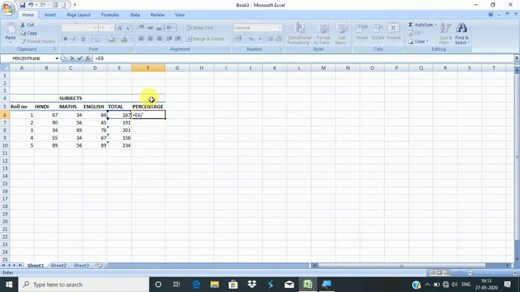Then put the division symbol. Here I have mentioned three subjects, Hindi, Maths and English. So it will be 300